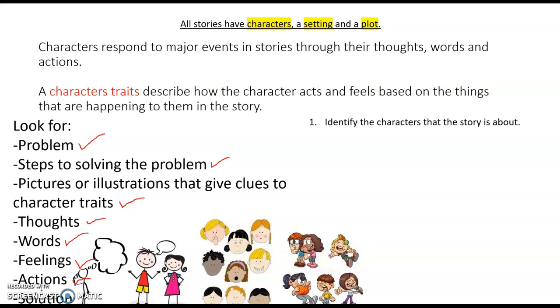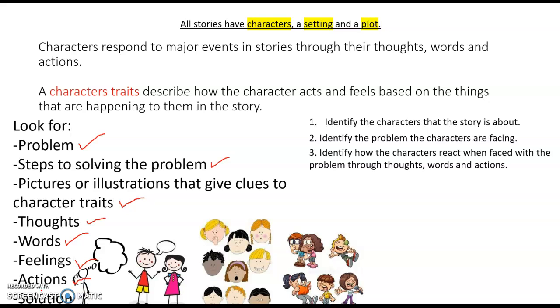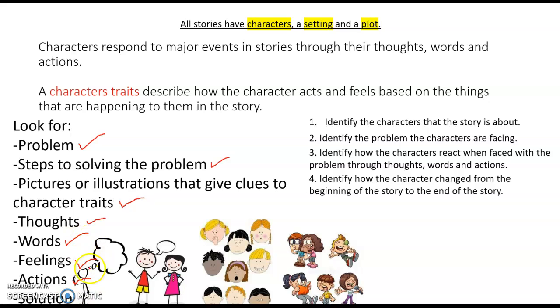So we've already identified the characters that the story is about. We've already identified his problem. We've already identified how the character's reacting when faced with the problem. Now we're going to be identifying how the character's changing from the beginning of the story to the end of the story. So today's goal is to identify how he's changing,